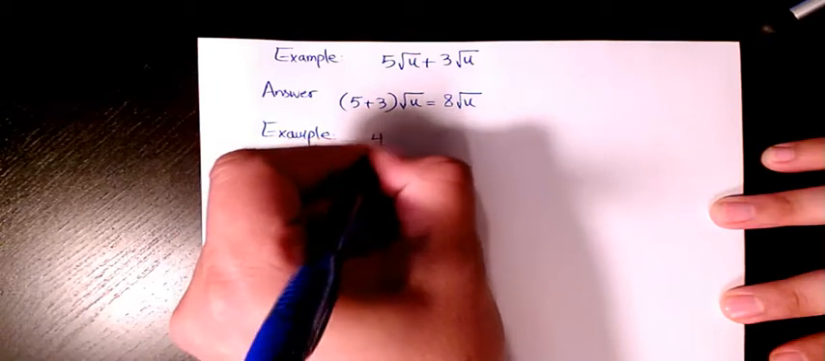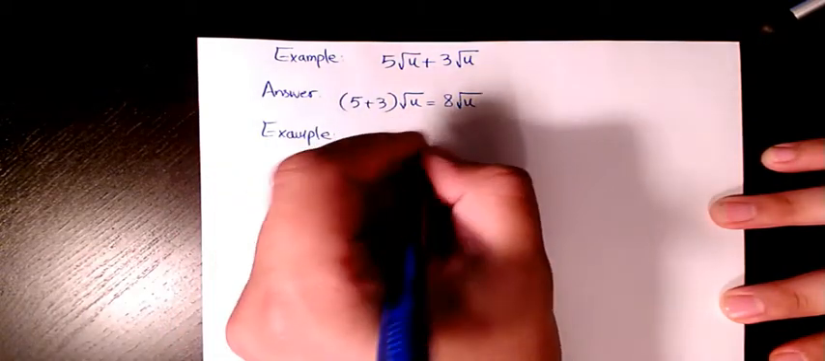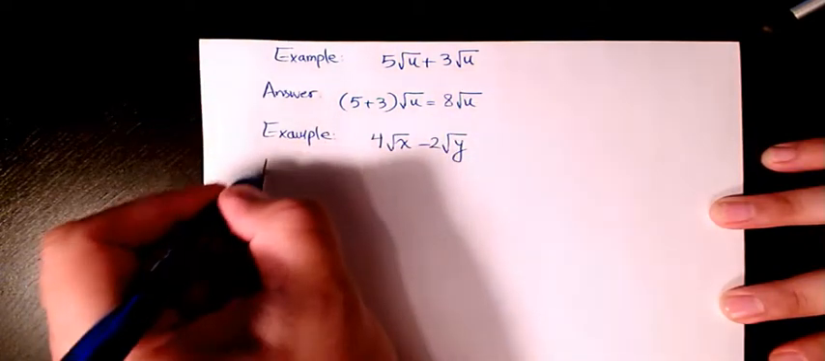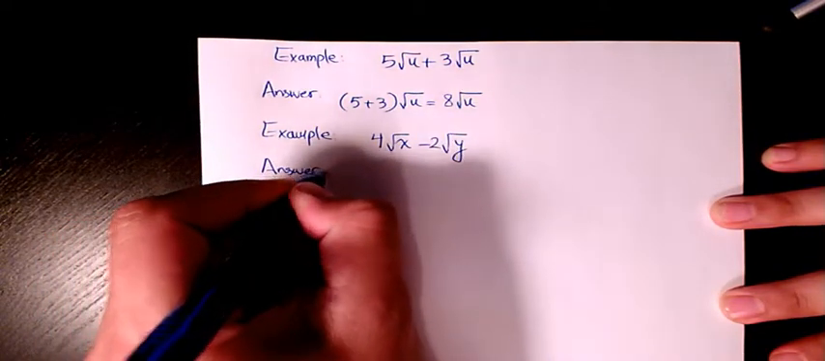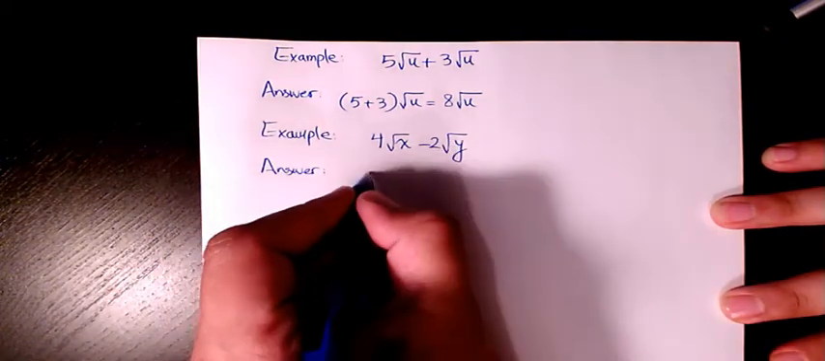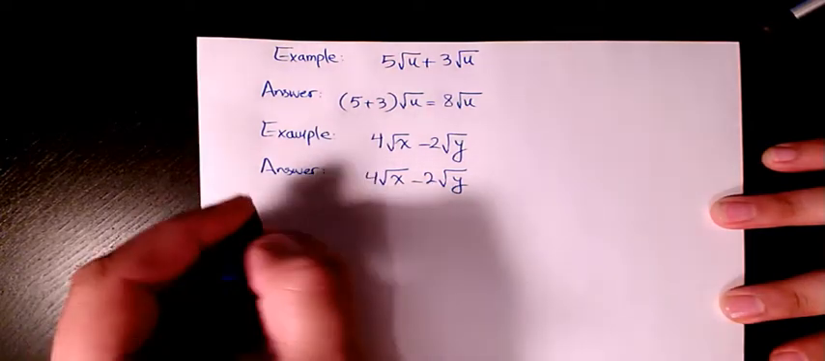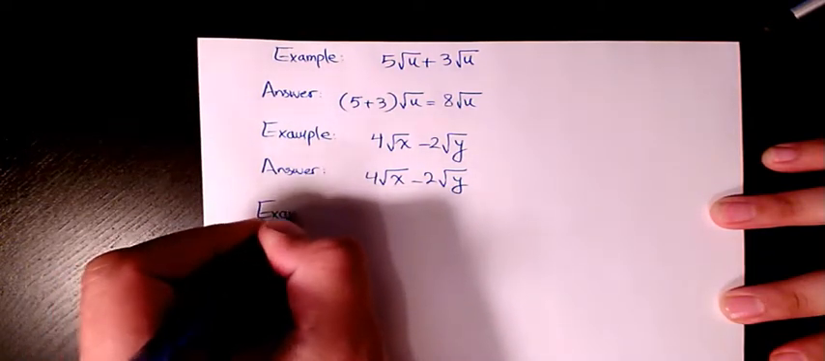is 4 root x minus 2 root y. So the answer is, since there are no like terms, the answer is going to be the same thing. We cannot simplify it more than that. Next example,